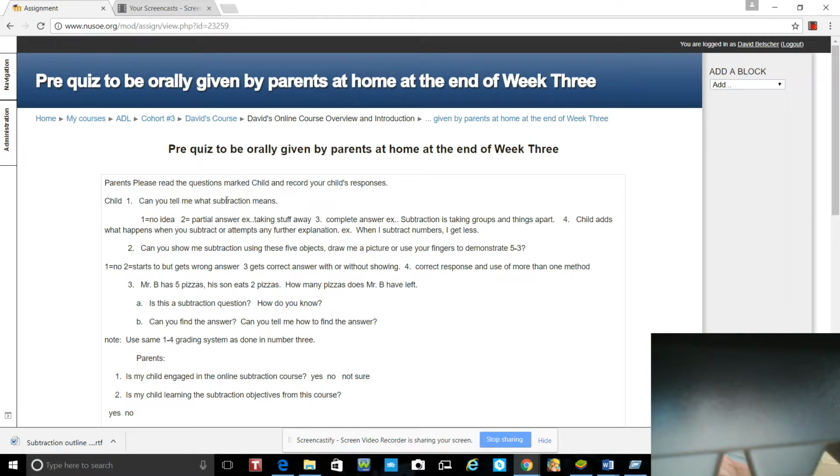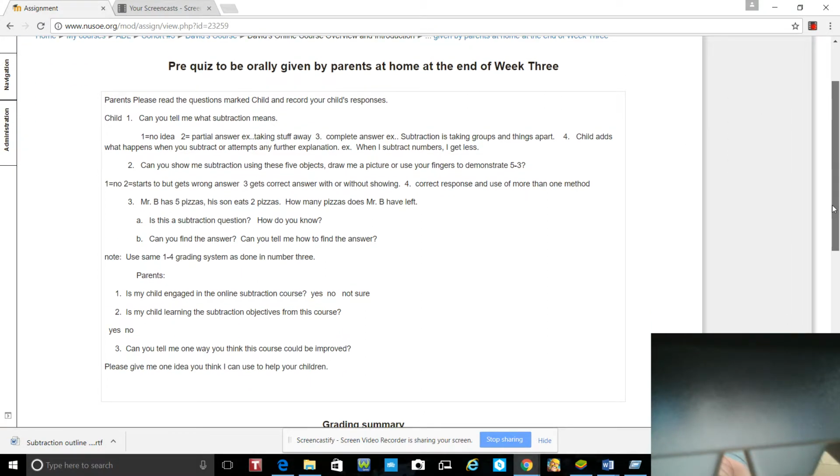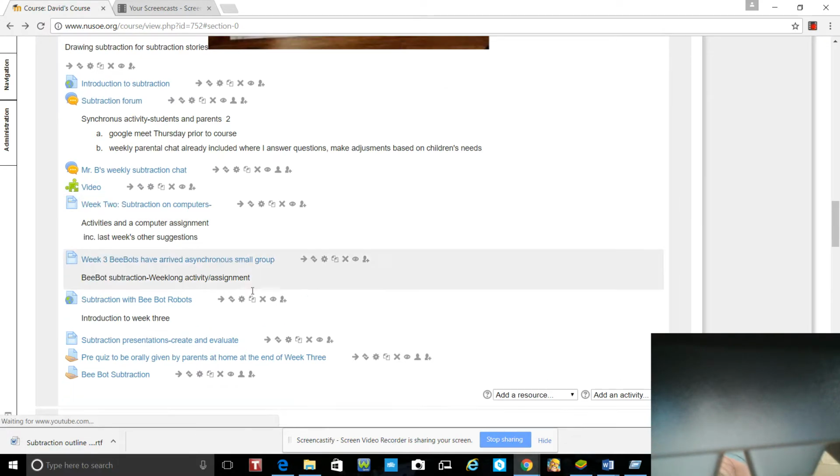Okay, this is a pre-quiz. You're going to give this in week 3. Very important. There's nothing more important than pre-assessment. You'll give this assessment so you know where your children are at the beginning of week 3. When you're done giving that assessment and you've recorded it, you should know where they are. When they finish that week,